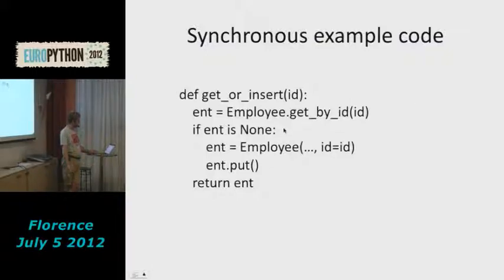If that was none, then apparently that key didn't exist yet. Then we create one. You can set values in the constructor, or you can use attribute assignments to set the values. You have to tell the object this is going to be your ID. Then you write it to the data store synchronously. This get by ID is again a synchronous call. This put is also a synchronous call. So you make 2 synchronous calls. And then whether or not you took this if branch, you return the entity that you end up with.